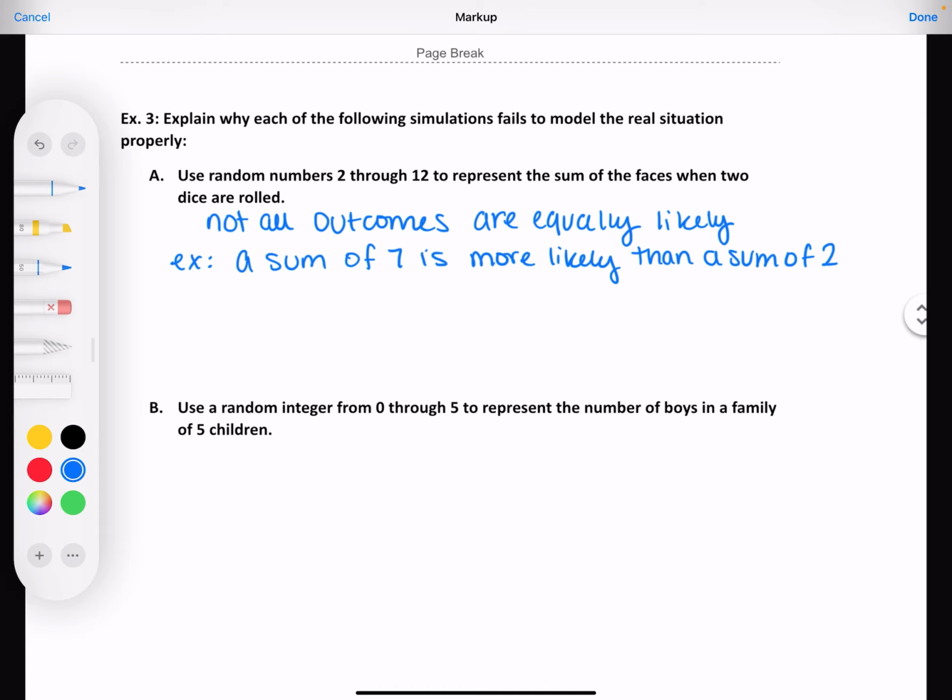Okay, so if you wanted to do this, let's say you don't have dice in front of you, but you wanted to quickly run trials for this, I'm just going to tell you what you would have to push on your calculator to get that. You would hit math. Then you would arrow over to the options at the top.